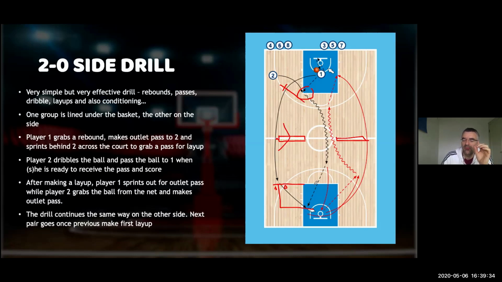And you have to emphasize what's important for you. So you can't teach them everything in every practice. Whatever you teach them, you can't emphasize everything, because they will be confused. So if you want to work on the good outlet pass, emphasize a good outlet pass, or a good rebound, or good catching with 2 hands. If you want to emphasize starting with the left hand, then force them to do that and focus on that. If you want to emphasize cutting,